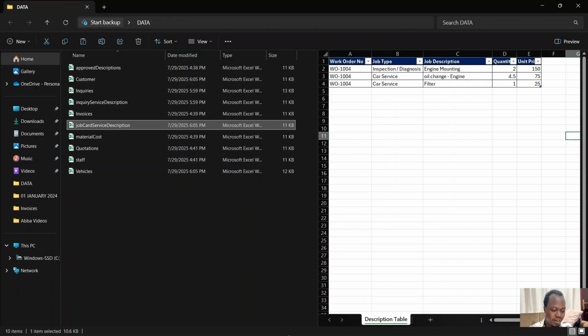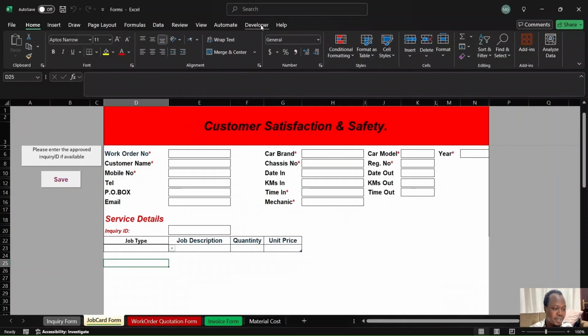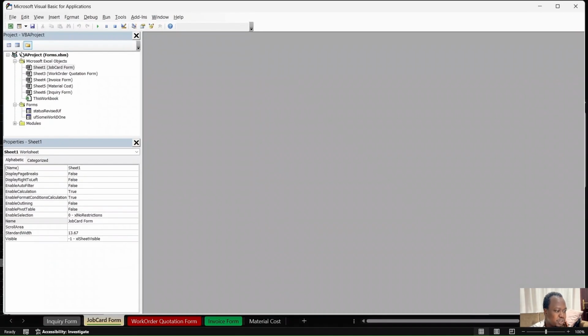Okay, now what is causing all this? There is a VBA, of course, that is running all this. There are VBAs. I have about 13 modules of VBA. So if you want to know where the VBAs are,